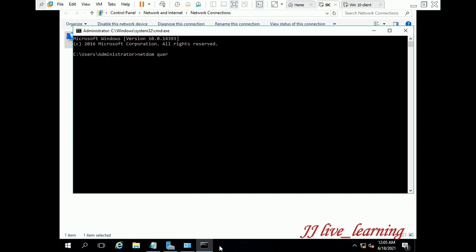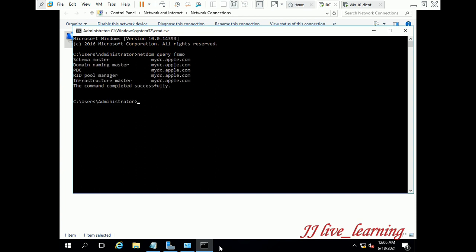You can give your FSMO command in two methods, which are shown on your display. There will be 5 roles present: schema master, domain naming master, PDC emulator, relative identifier master, and infrastructure master. These are the 5 FSMO roles.